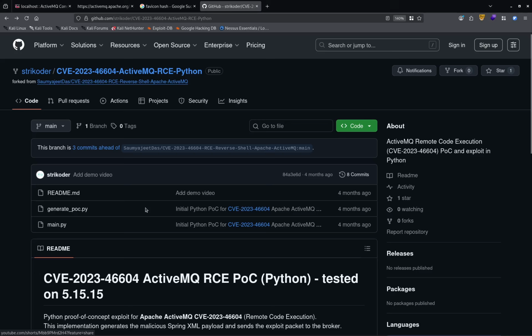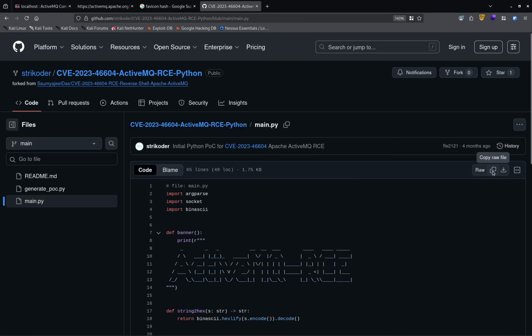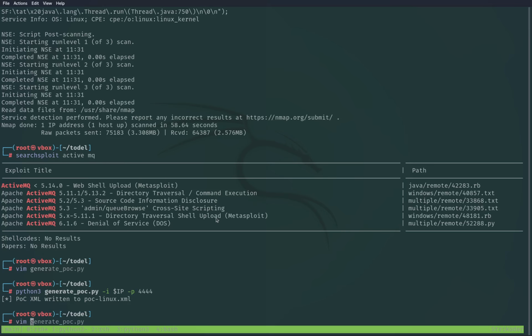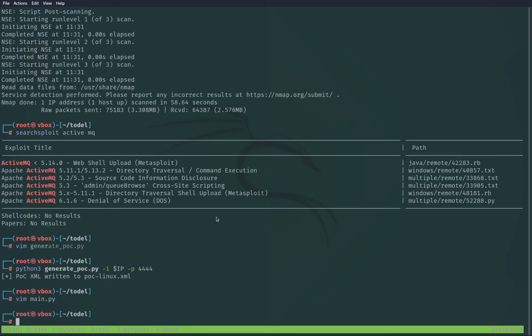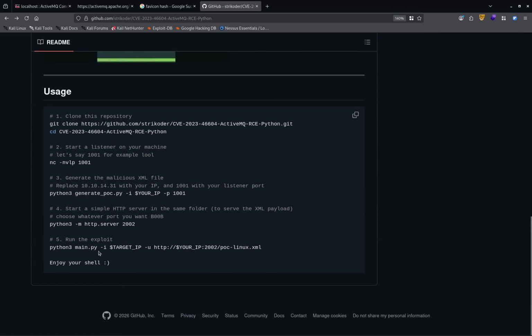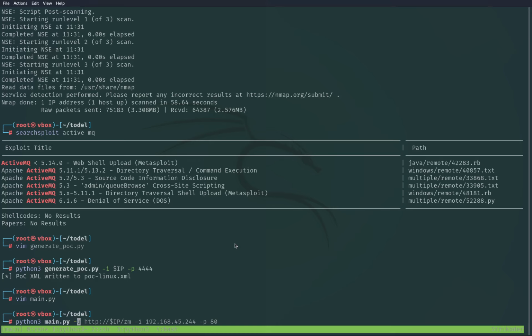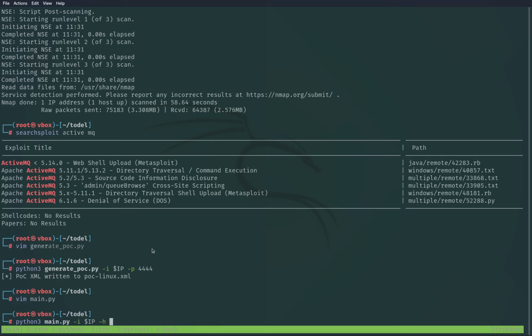And then we have main. So, okay, we have generate POC and main. Now python3 main.py. And what do we do over here? -i IP -u HTTP